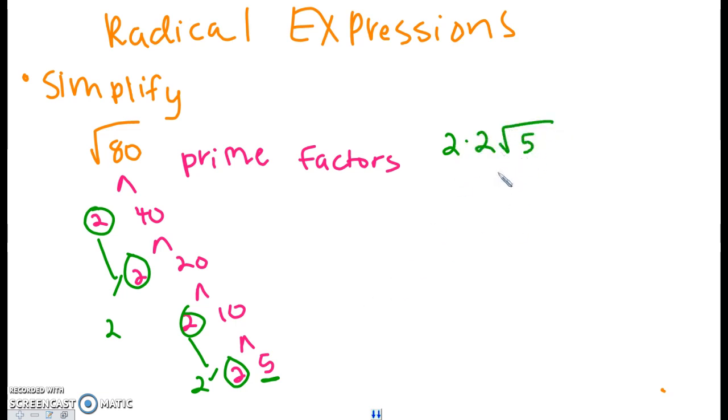And then I can finish multiplying things out. 2 times 2 is 4. There's nothing inside the radical to multiply, so I just leave it as radical 5. So I have 4 radical 5. And we've had some practice with that, hopefully in the past. Because we want to move on to something